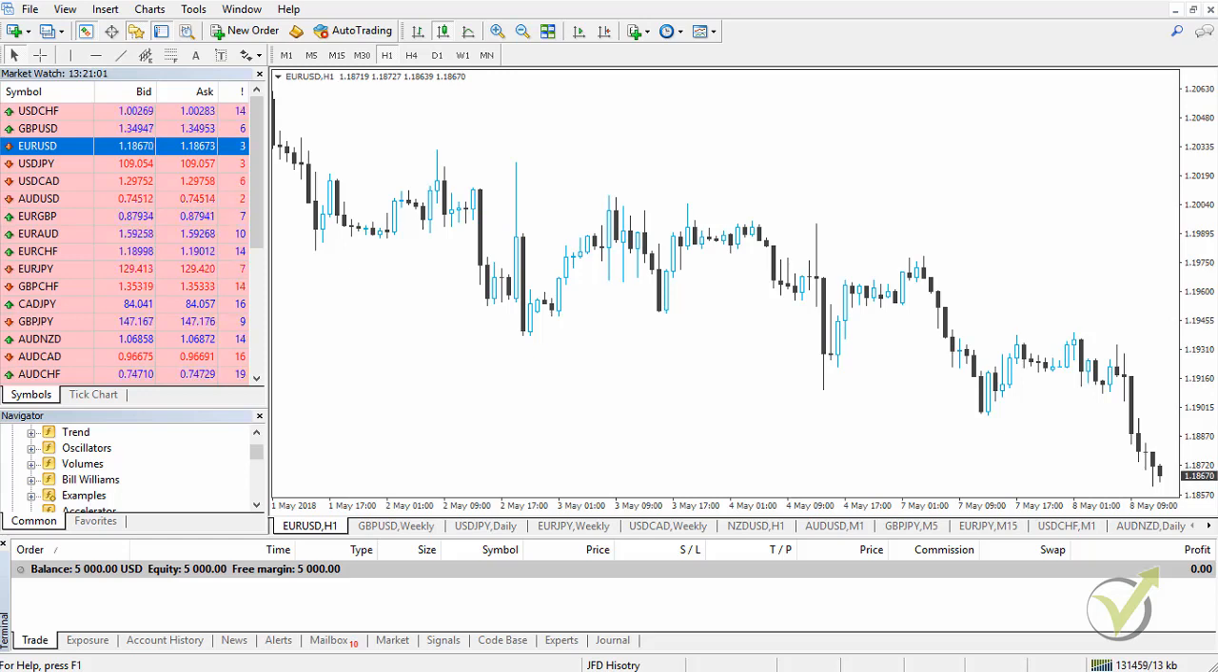Dear students, we continue now with the market watch. Normally it is on the left side and you see here all the trading assets that you can trade with